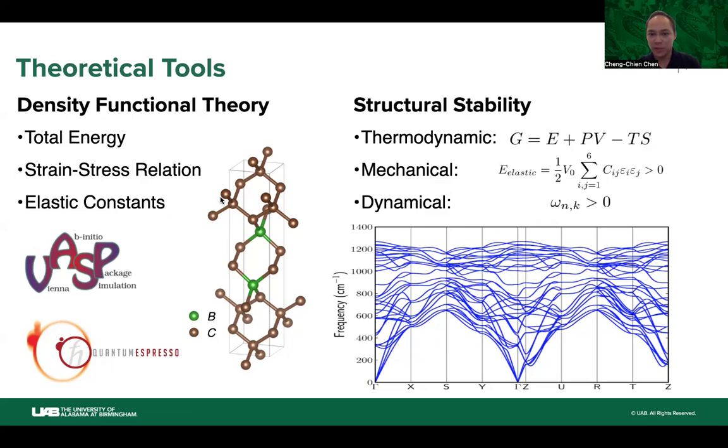So usually for a given crystal structure, we will check a few stability criteria. First of all is the thermodynamic stability. This means that for the Gibbs free energy, which consists of the enthalpy and the entropy term, we want to make sure that this Gibbs free energy is at least in a local or global minimum, corresponding to metastable or stable states. Sometimes we also check the mechanical stability. This means that we want to make sure the eigenvalues of the elastic constant tensor are positive. And finally, we can also check dynamical stability. This means that, for example, in the phonon spectrum shown here, we want to ensure that there are only positive phonon modes.